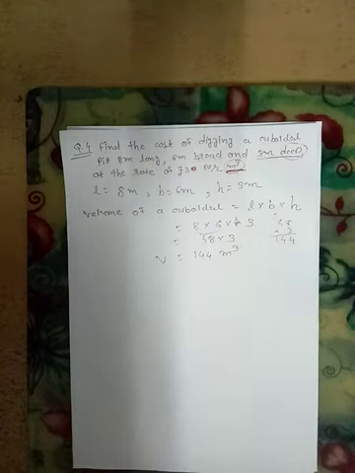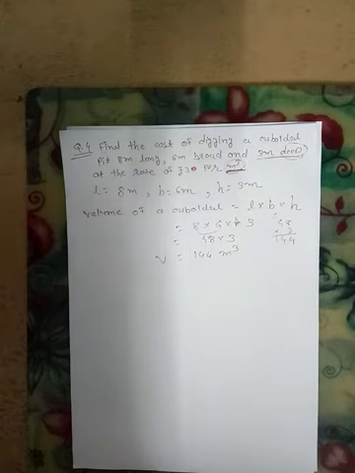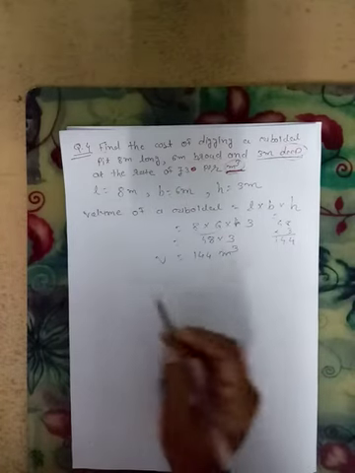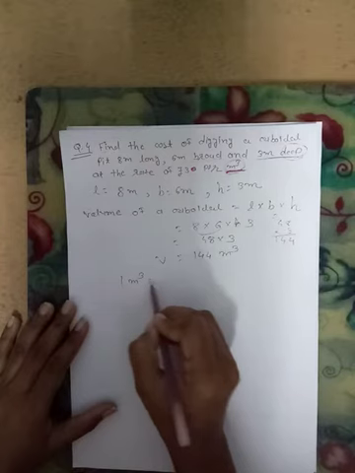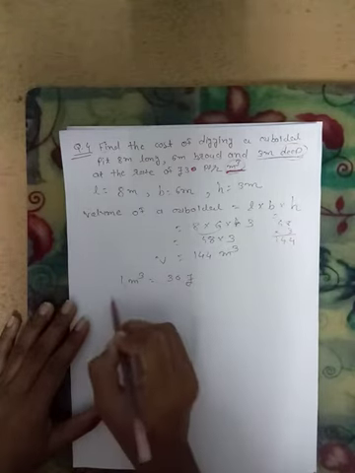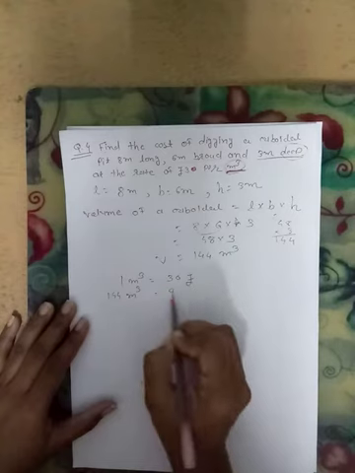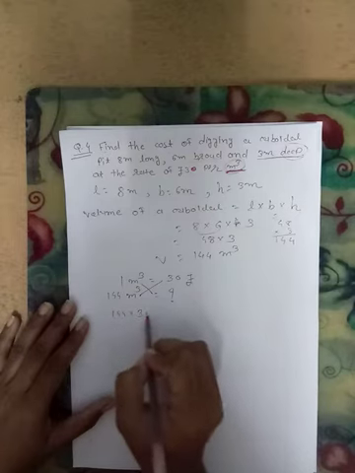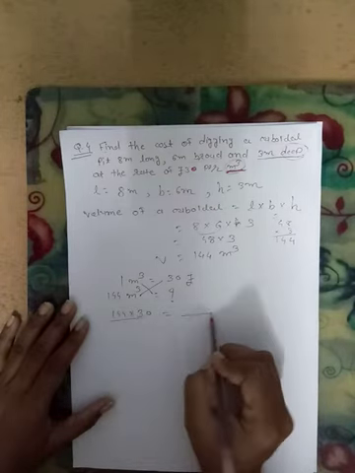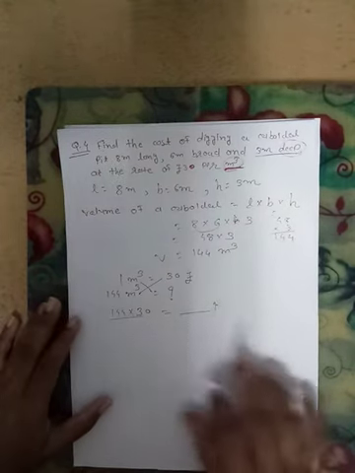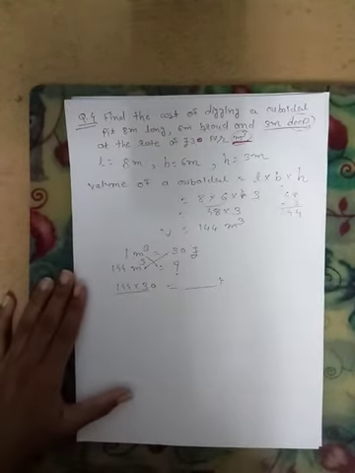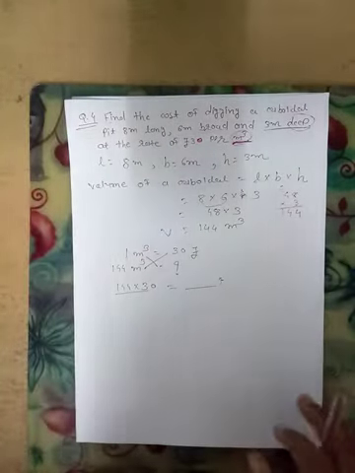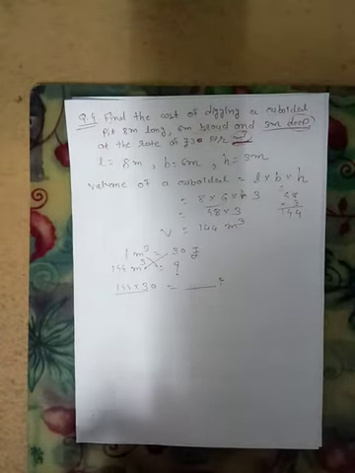Okay, now find the value. We have to find out the costing value, and per meter cube it is 30. So 1 meter cube is equal to 30 rupees. So 144 meter cube is equal to question mark. So we have to cross multiply: 144 multiplied by 30. You do the multiplication yourself. Okay, easy. Then next is question number 5.